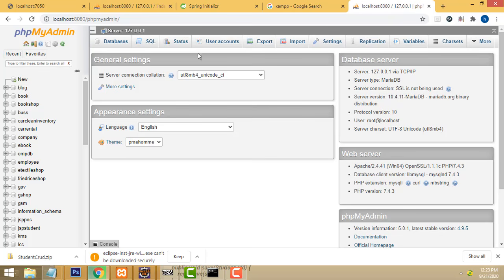Okay, we have done that. Here I already installed Skype on my machine. That's why I have changed the port from 8080. Spring Boot by default runs on this port, but I am using 8080 for phpMyAdmin, so I have changed to a different port for running the Spring Boot application. That is not a problem. I will explain. So let's go back to my project.